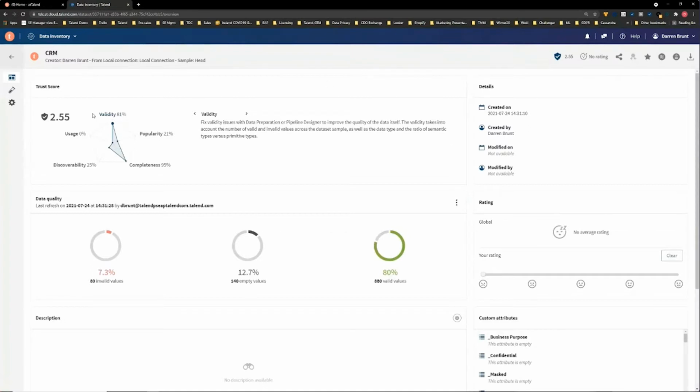So here you can see we've computed a trust score of 2.55 for the initial data set, and this value is out of 5. So 2.55 out of 5, it seems that we're not too bad, but not too good in terms of the overall trustworthiness of this data. And this little chart here shows us the different dimensions by which the trust score is being assessed.